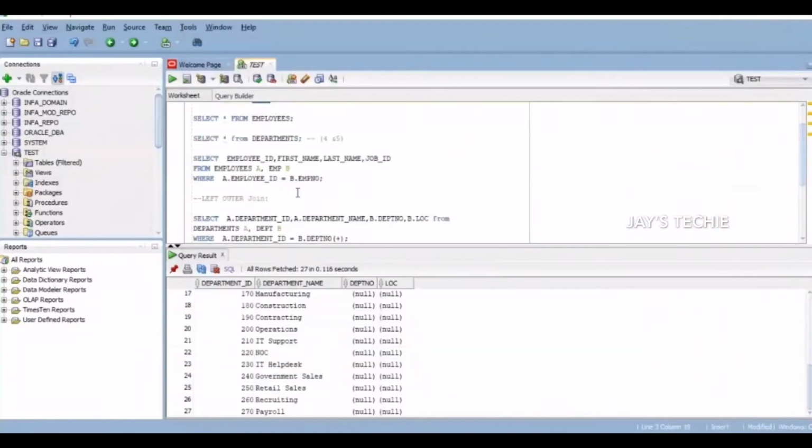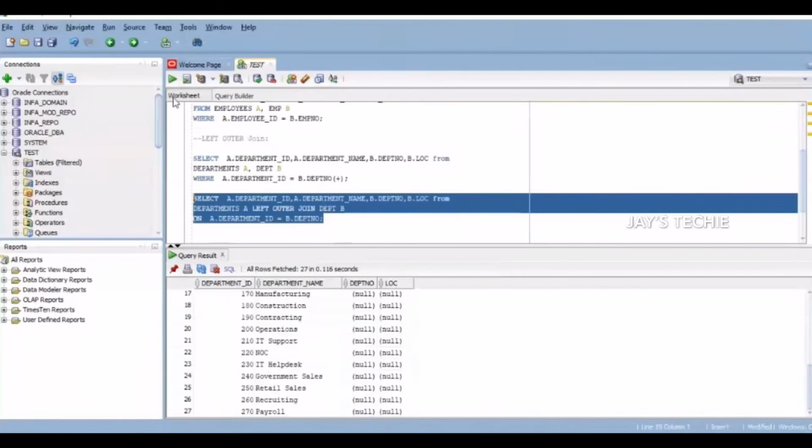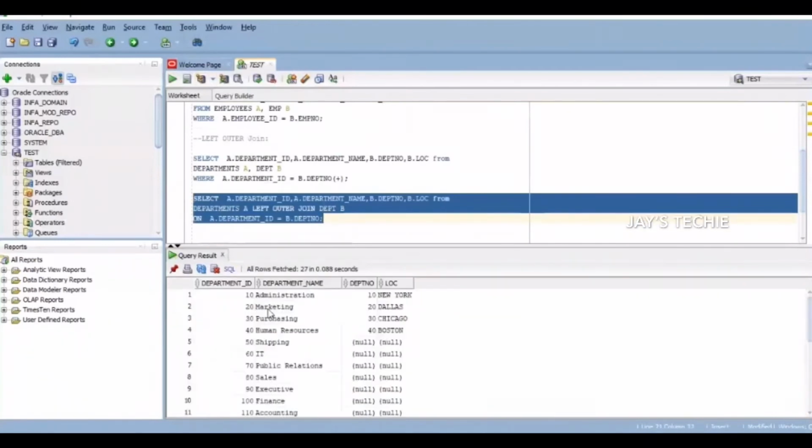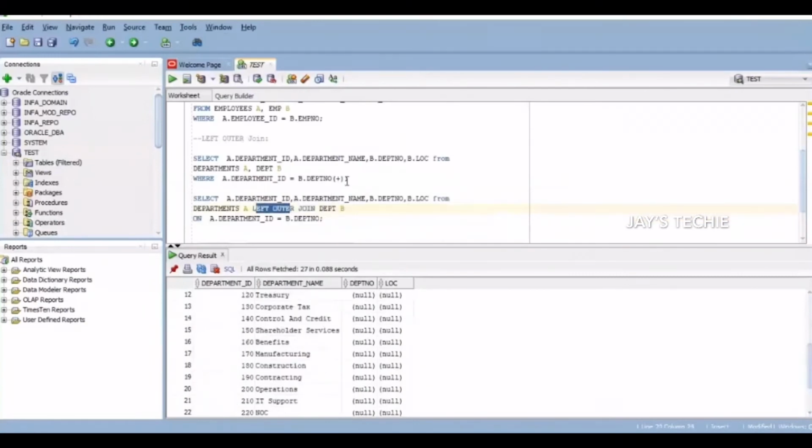You can also run using the same syntax using the left outer join. Yeah, see the same results. So either you can go ahead with the keyword, both contain 27 rows and the same results. I'm using the left outer join, or you can put the plus at the right side. When you add the plus symbol at the right end, then it is called a left join. When you add that plus symbol to the left side, then it becomes a right join or detail join.